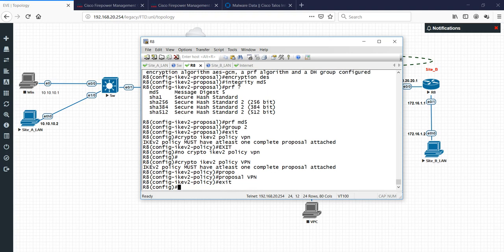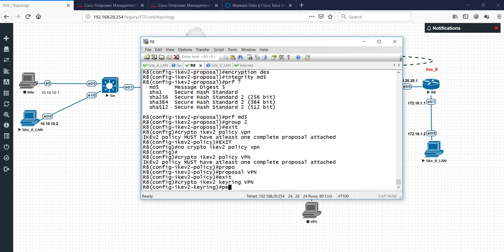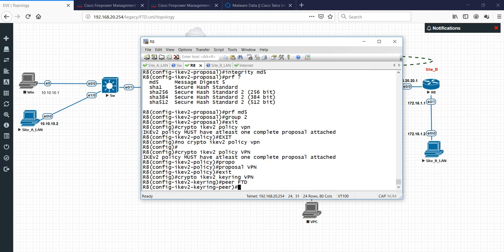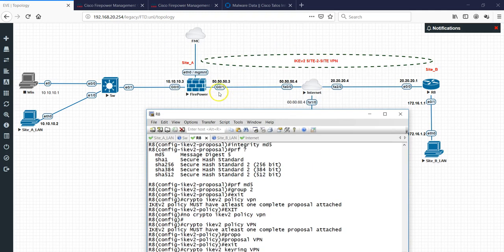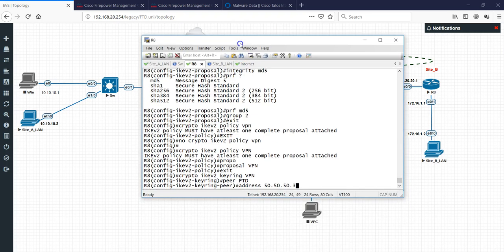So I've done that. So the next thing is for me to create the keyring. Say crypto IKEv2 keyring. I'm going to name my keyring VPN also, and my peer. So the peer, I'll just name it FTD. So that's going to be my peer, and my peer address is going to be 50.50.50.3. That's what we have here. So this is the peer IP address. The subnet mask is going to be the exact host,